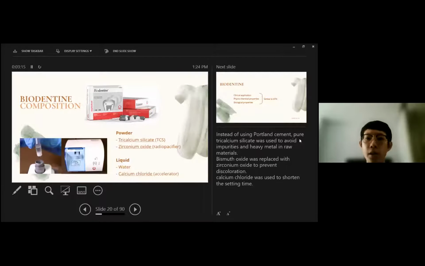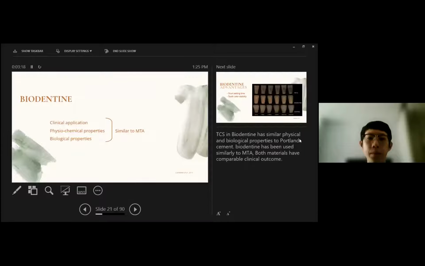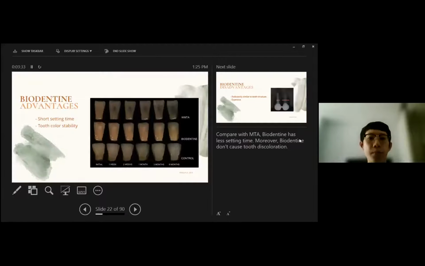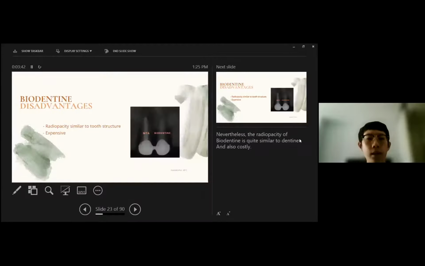Tricalcium silicate in Biodentine has similar physical and biological properties to Portland cement. Biodentine has been used similarly to MTA. Both materials have comparable clinical outcome. Compared with MTA, Biodentine has less setting time. Moreover, Biodentine doesn't cause tooth discoloration. Nevertheless, the radiopacity of Biodentine is quite similar to dentine, and also